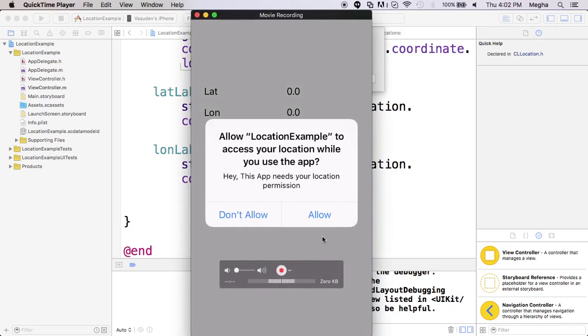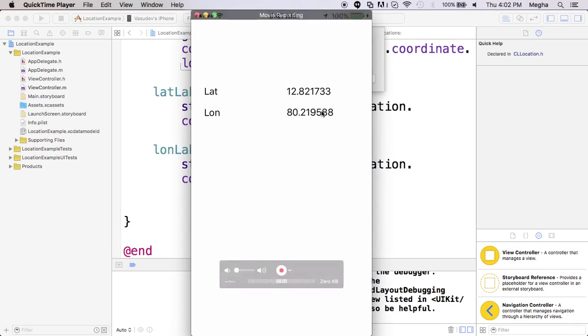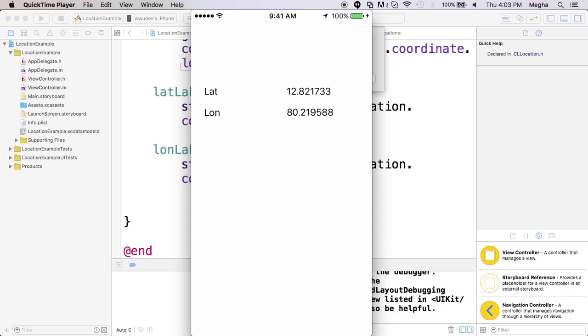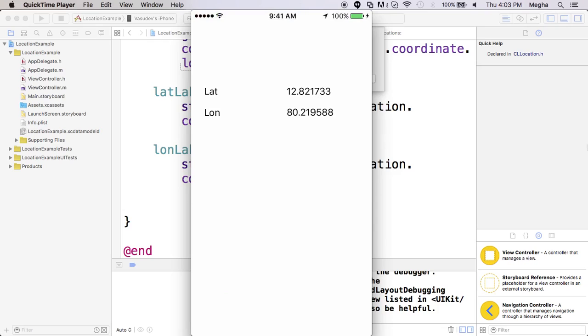I've been given an option to accept. You see that this is my actual current location. If I make a walk, maybe the change will happen. So this is how it takes the location from your coordinates. If you see that small arrow, I couldn't show it up. There is a small arrow on the top